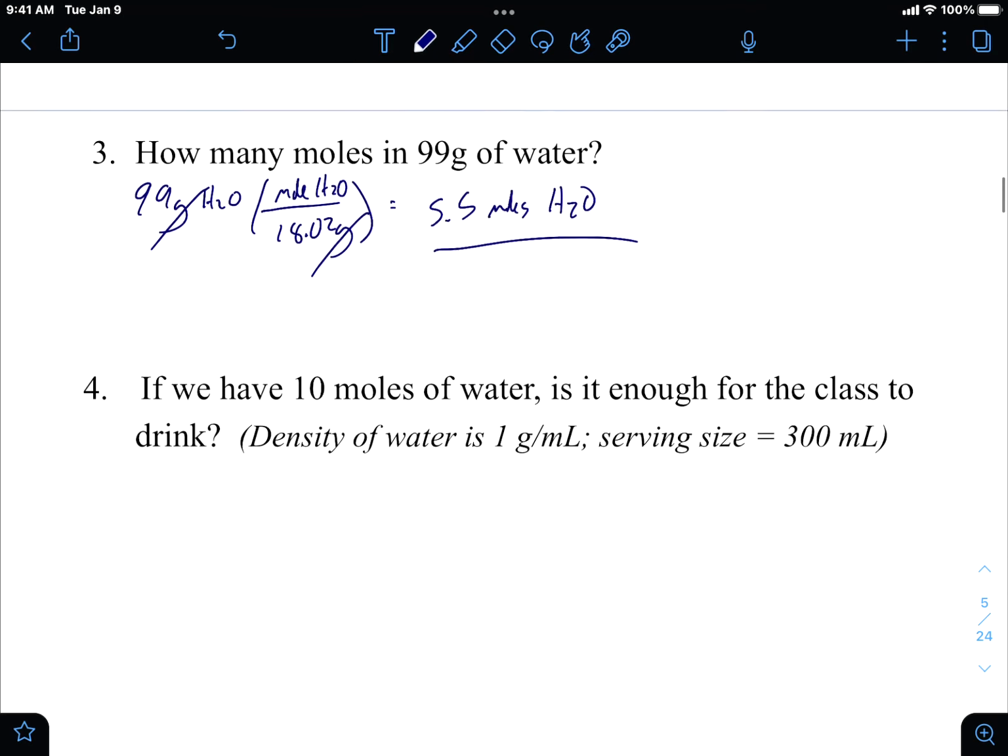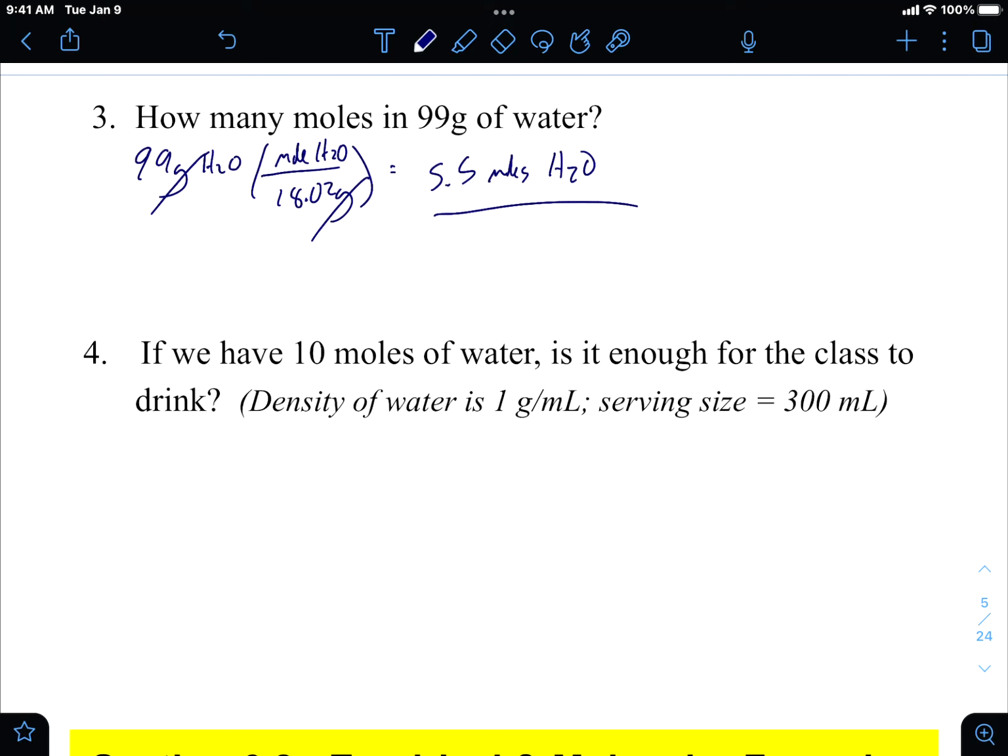So let's try this problem. If we have 10 moles of water, is it enough for the class to drink? So let's say we have a hard lockdown in here, right? And they tell us to shut off all the lights, and we actually have a survival backpack in here. Do you guys know that? Every room has a survival bag. In the bag is